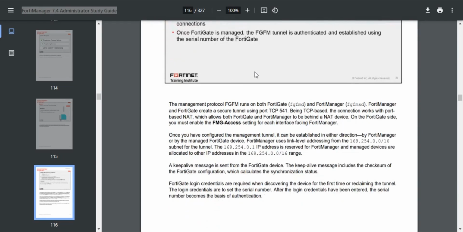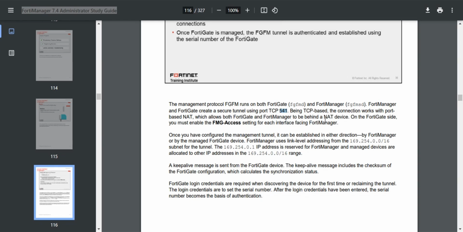The management protocol FGFM runs on both FortiGate and FortiManager. FortiManager and FortiGate create a secure tunnel using TCP port 541. Being TCP based, the connection works with port based NAT, which allows both FortiGate and FortiManager to be behind